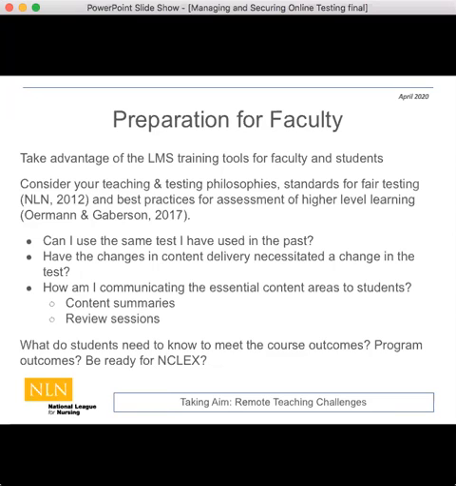So I've really been looking at my test and my learning outcomes, not only for the module that I'm testing the students on, but also the program modules, the program outcomes, as well as the NCLEX blueprint. You really need to get down to discerning whether you need all of the questions that are there and whether they were adequately taught using these new modalities. In a nutshell, you can't always just transfer a test over that you've already used when you're dealing with this type of situation.